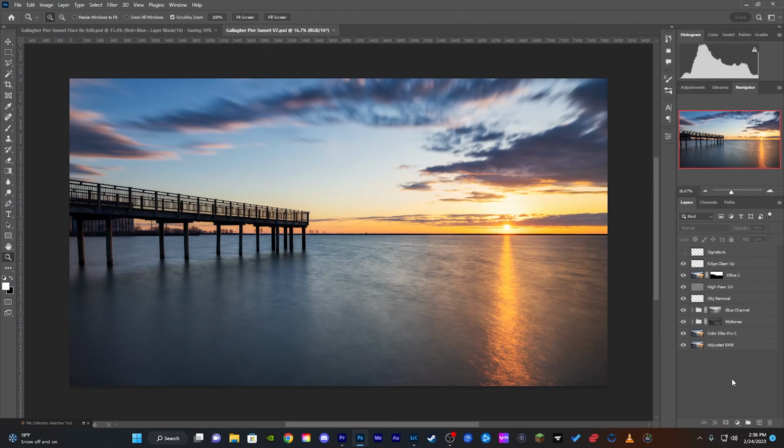So here is the second photo I wanted to show you guys. It's the same composition as the one prior, but this one, because of the nature of the shot, and we had to do less blending and less corrections, there's a lot less stuff done to it. So we have our adjusted raw straight out of camera, a little flat,